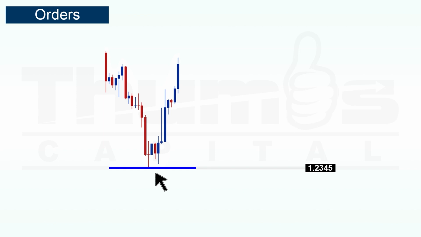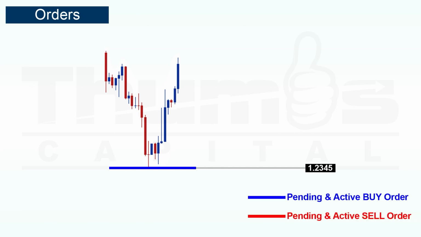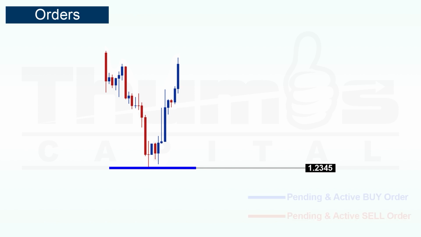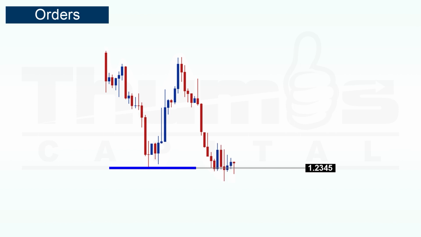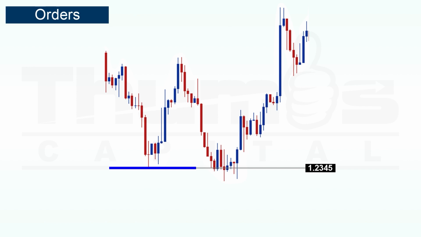In the image, the thick horizontal line at price 1.2345 represents a pending order at that low as well as an active buy trade on the day. We represent buy orders with a blue line and sell orders with a red line. The pending buy order in the image means the institutional trader has an active buy order on that day, and in addition to that has placed a pending buy order at the low of the day, 1.2345, such that if the price runs that low, the pending order will be activated, thereby increasing their total accumulated positions on the bullish